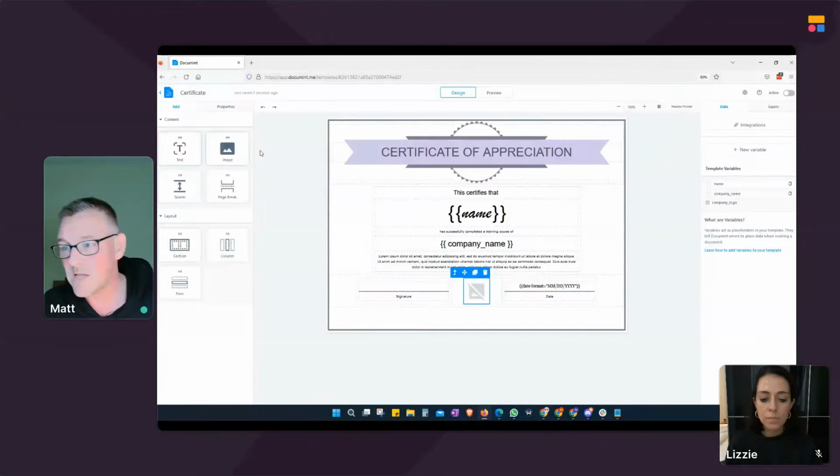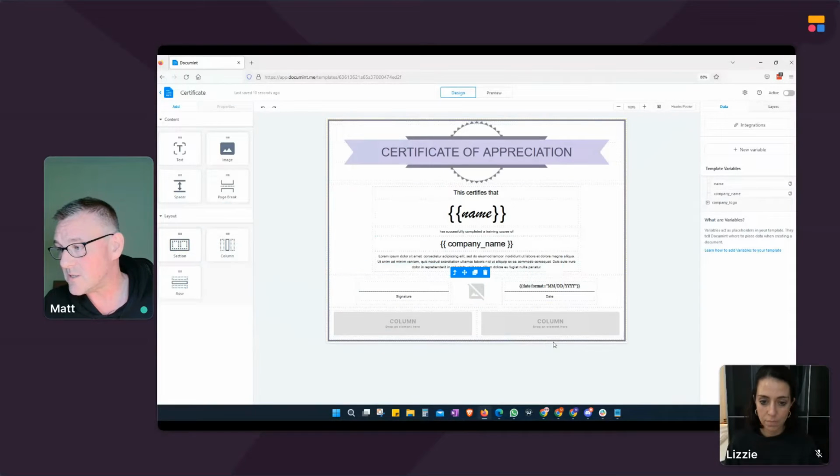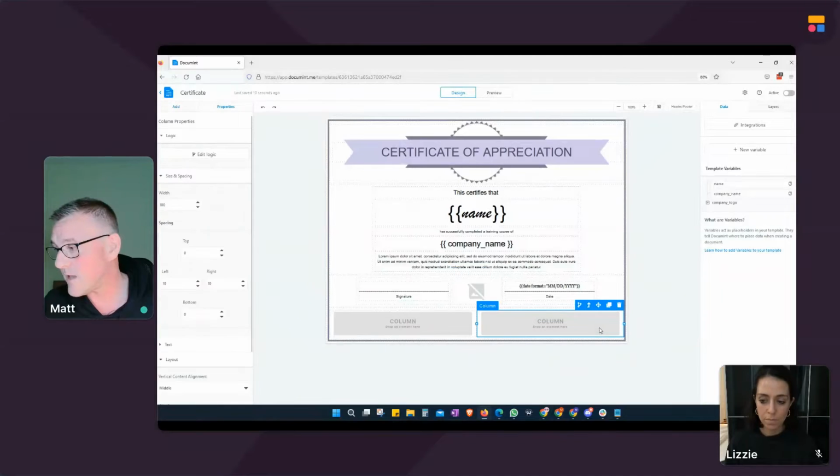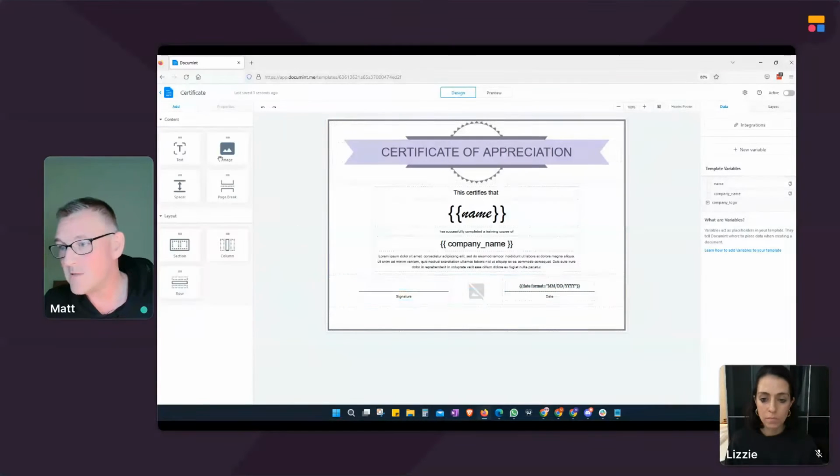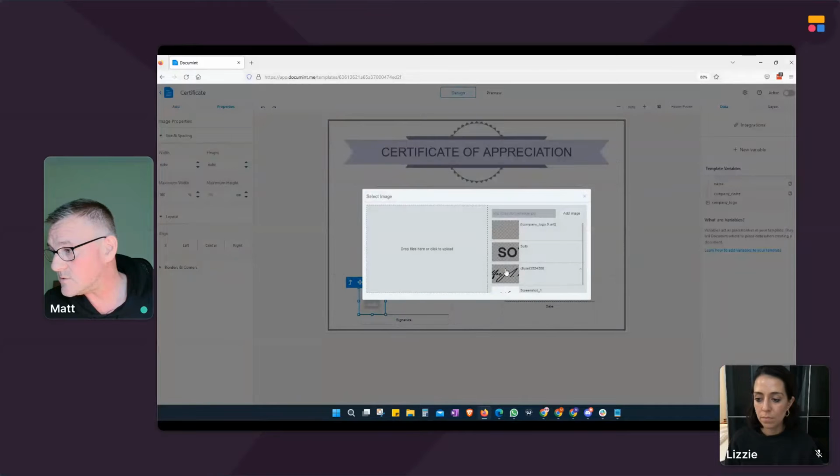We have text elements. We can add those images, force a page break if we want to. Adding additional sections, we just drag these into the canvas right here, like so, and we can add all the parts that we need to. So we don't need that for now. So let's just remove that. But let's grab our image. And this time we're going to do a static image. We'll use this signature